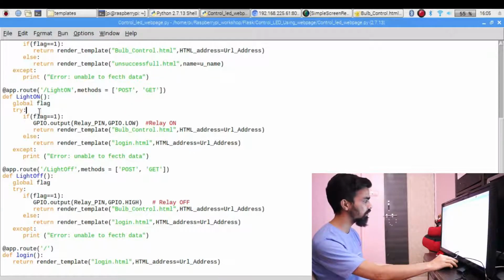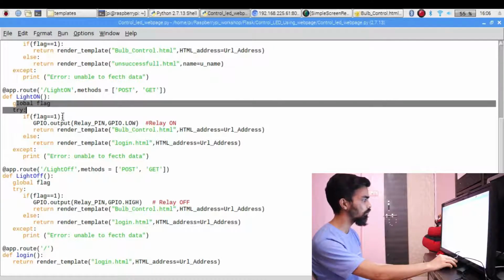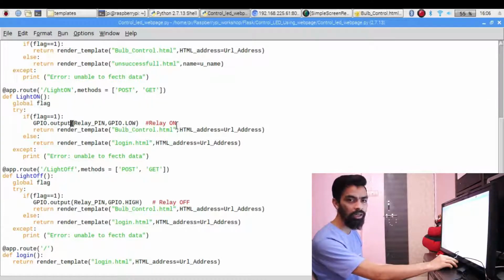And if that flag is equal to 0, that means this is not a correct user, so we have to jump to the login.html page. To jump to the login.html page, we use render_template, then the login.html page, and we pass the IP address. So this is the functionality to turn on the relay.